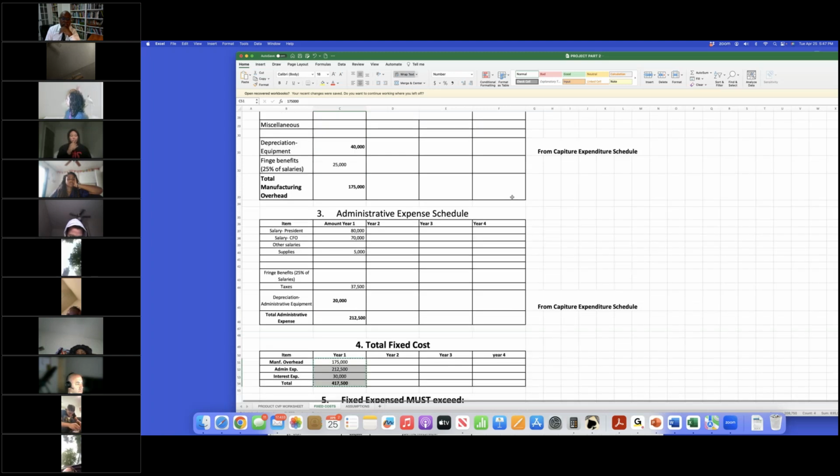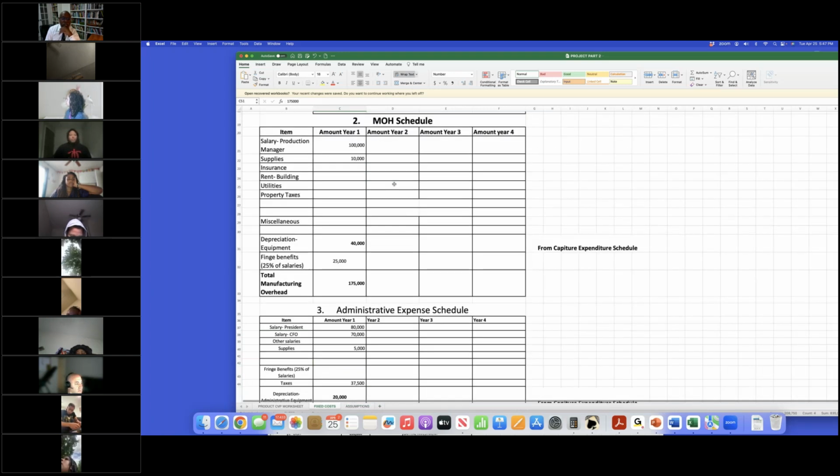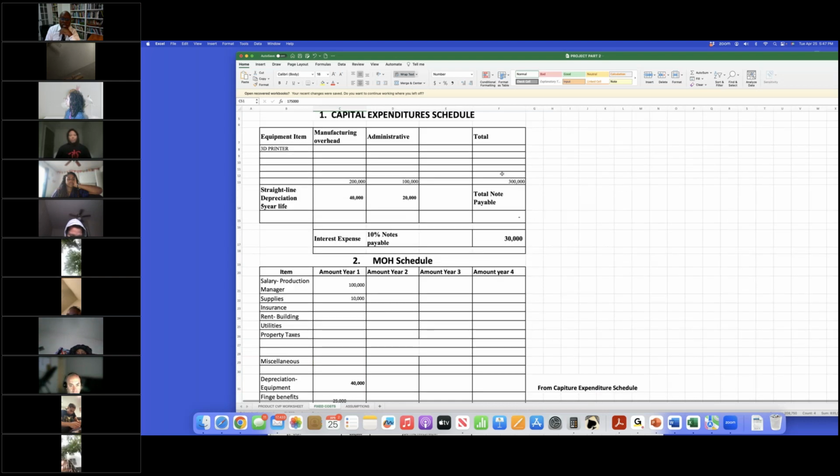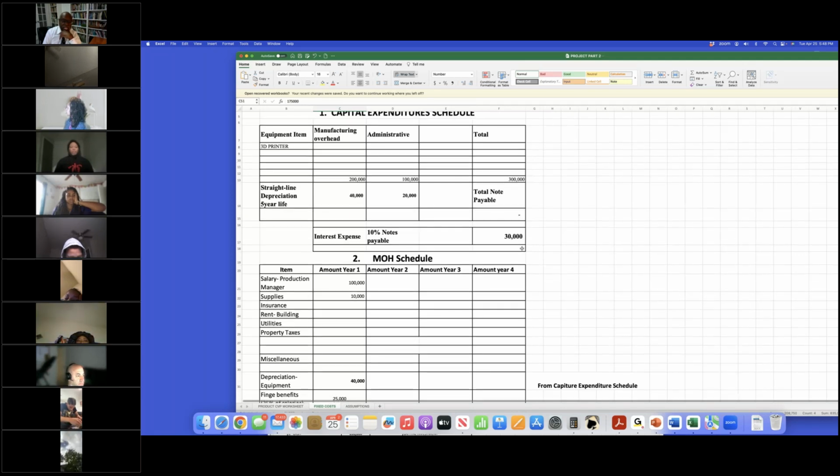Let's go to interest expense again. You look at everything you bought, and you buy it on account, just like we did in this problem. You're going to debit that equipment and credit notes payable. Your interest expense is 10%, 30,000. That is going to be your fixed cost for interest. You got it calculated. The 30,000 comes